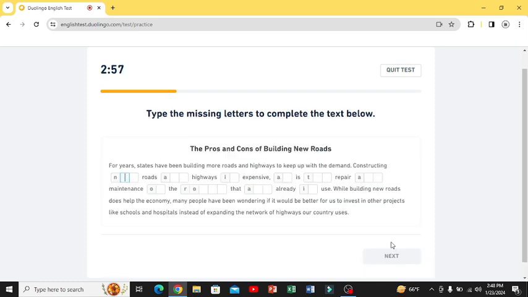Type the missing letter to complete the text below. The pros and cons of building new roads. For years, states have been building more roads and highways to keep up with demand. Constructing new roads and highways is expensive,